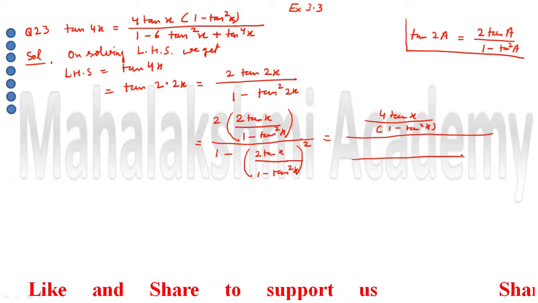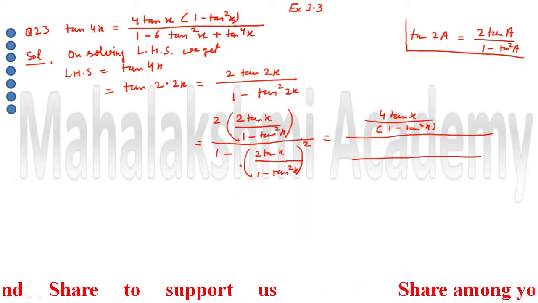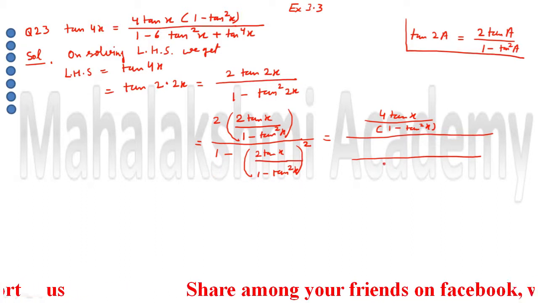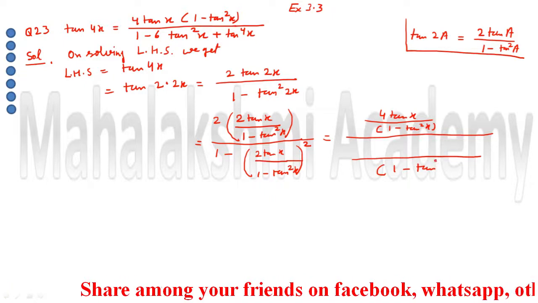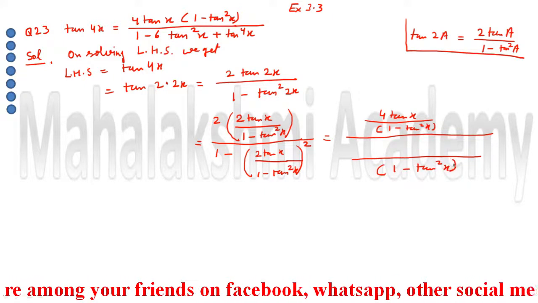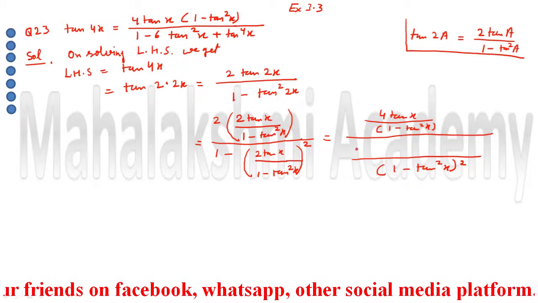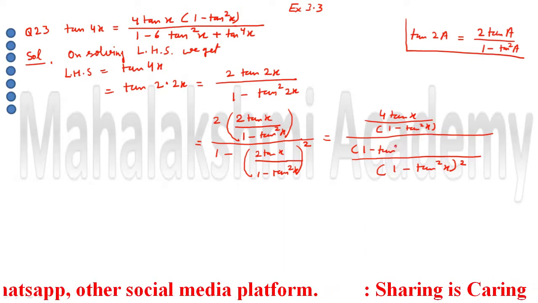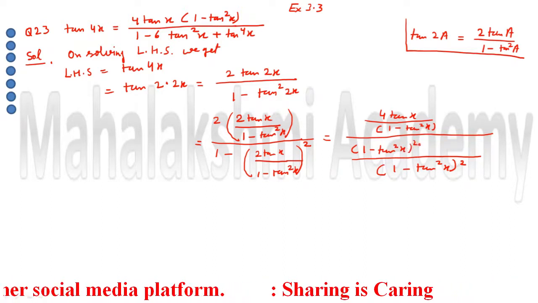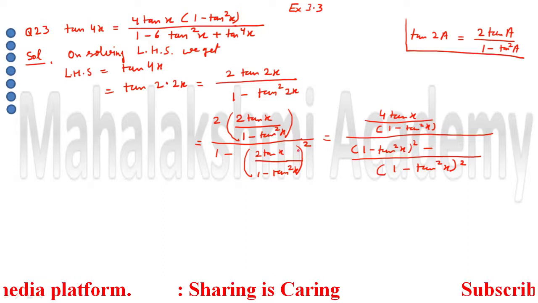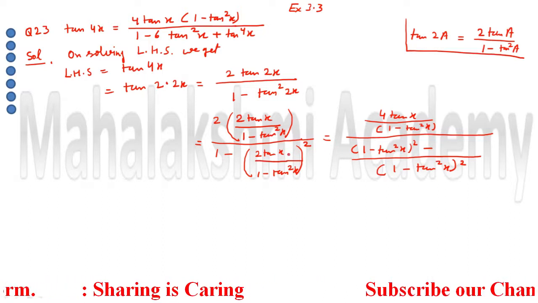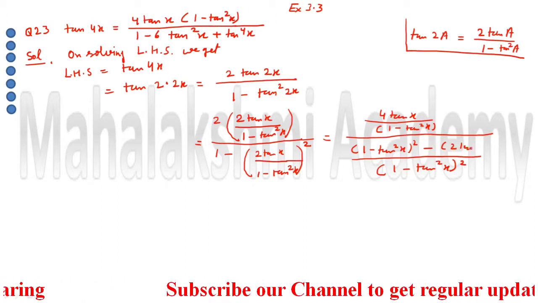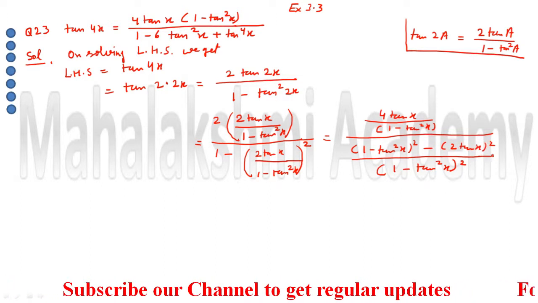So when we take the LCM in the denominator, nothing is there, so the LCM is going to be the same bracket but with a square. So it is going to be 1 minus tan square x whole square that will come as the LCM, and because of the LCM, here again this 1 minus tan square x whole square will come, and in the numerator, when we take the LCM and open the bracket, we will get 2 tan x whole square as it is.